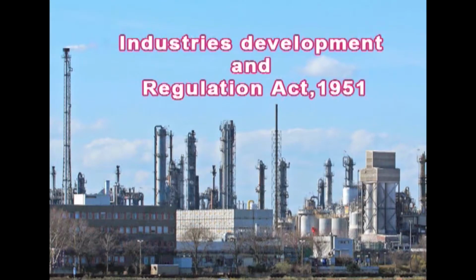Licensing. The Indian government established a licensing system in order to maintain control over industries according to the Industrial Development and Regulation Act 1951. A license is a written permission granted to an enterprise by the government according to which the products mentioned therein can be manufactured by the enterprise.